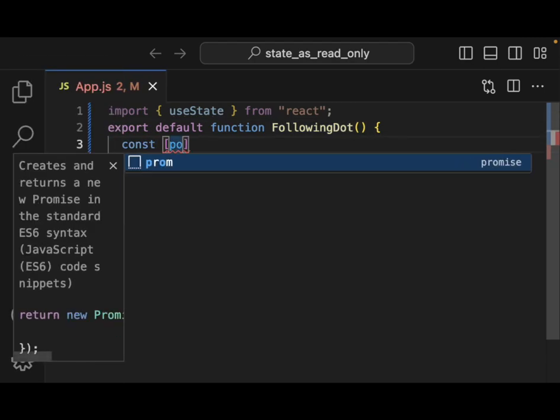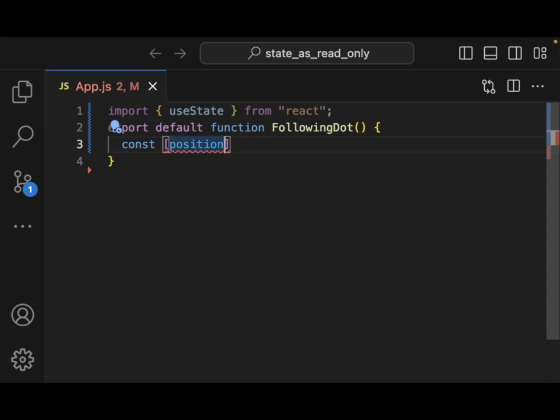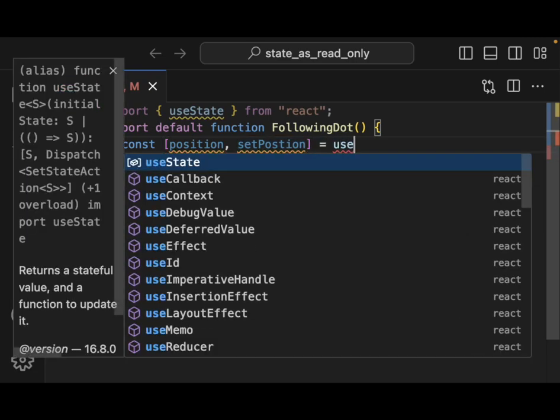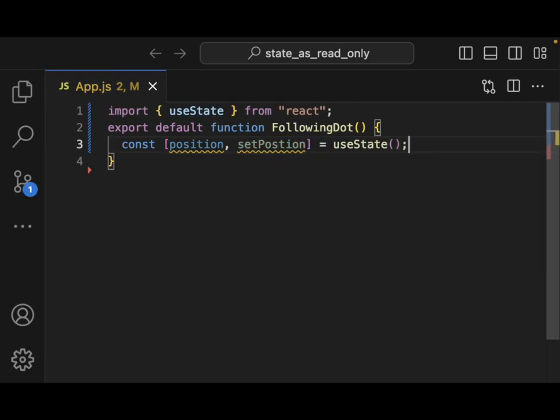Here we want our position, we want a setPosition, and then we're going to use useState. Now in this useState, we actually need a couple of things. We want an x position at 0, and we want a y position at 0. Okay, now what we'll have this return,